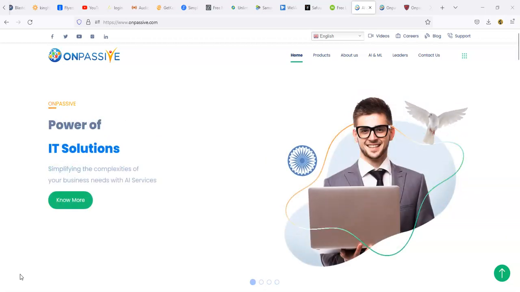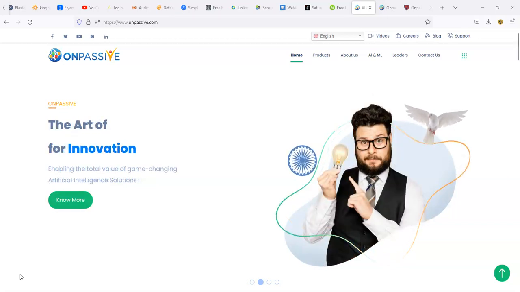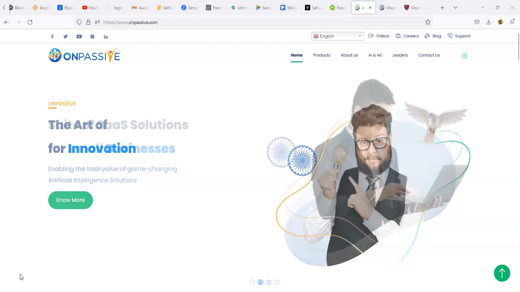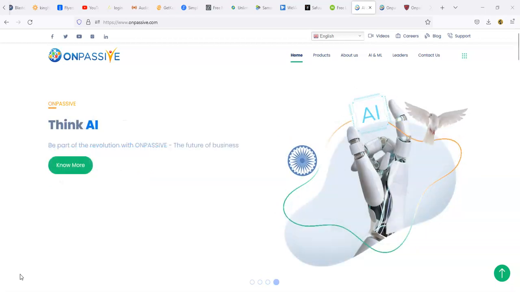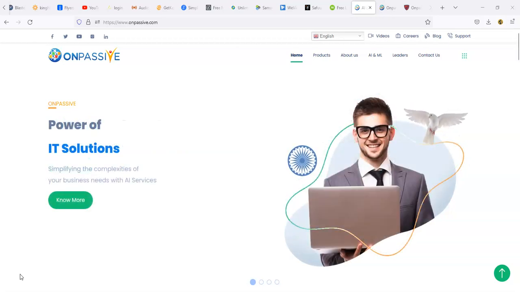As you can also go back and see, the website has changed, as I was talking about. They're working on AI that's going to be changing that website eventually every day. Right now, I think it's once per week, and it may change even more after that. But that's going to be one of the things we're going to talk about. But let's go ahead and talk about Onpassive for a second.